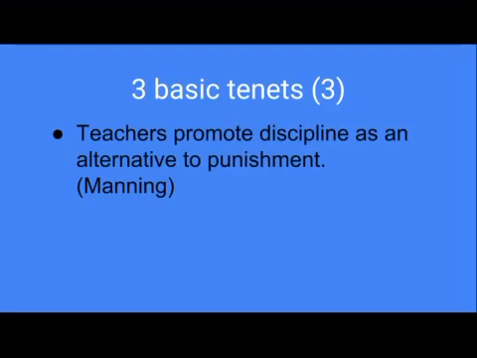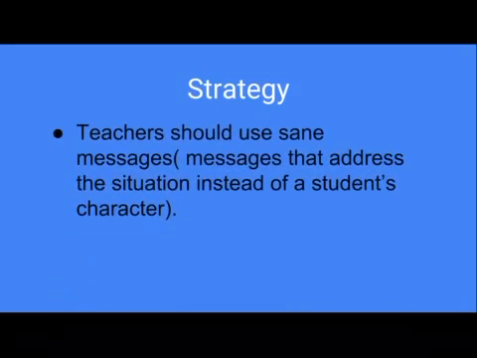Also, sometimes when students receive punishments, the student feels like they have paid for their behavior through this. Also, they don't learn from their mistakes, but rather they learn how to not get caught so that they don't receive a punishment. So one strategy that Ginott gives in reaching this theory of congruent communication is to use sane messages, which is basically messages that focus on the situation rather than the student's character. For example, if a student is struggling in a class, instead of saying, "If you just cared about your grades and would try, you would do better," instead try saying, "So I've noticed your grades are starting to slip. What are some ways I can help you understand the material better?"